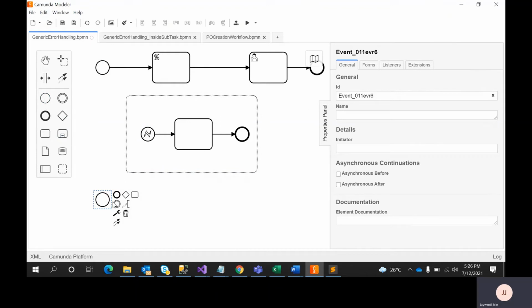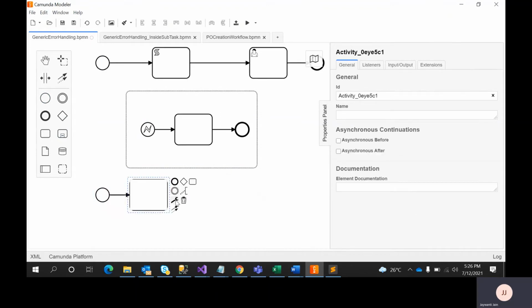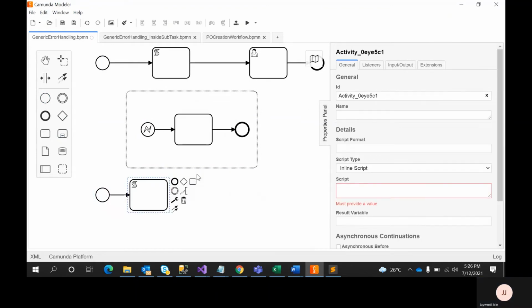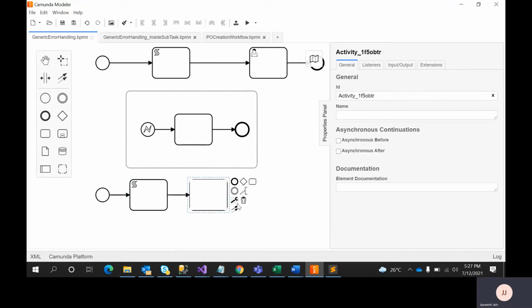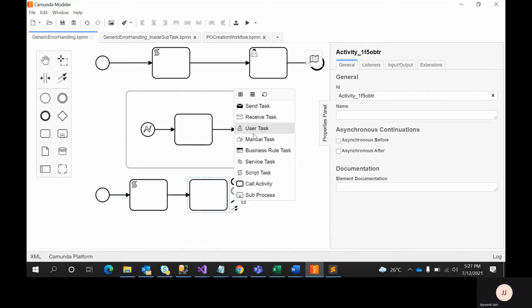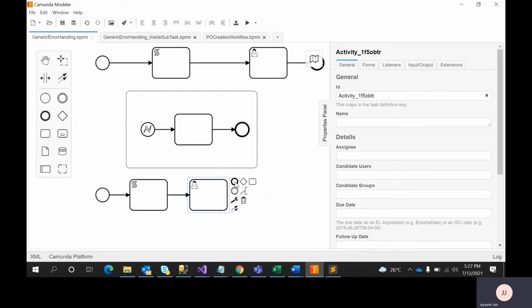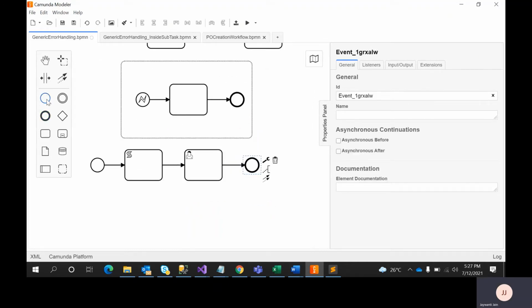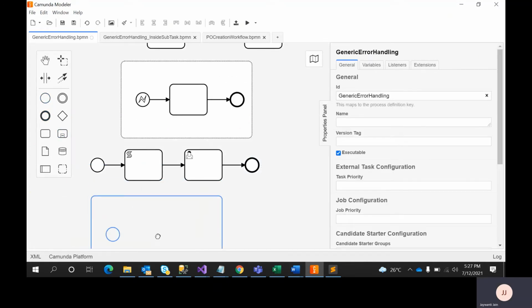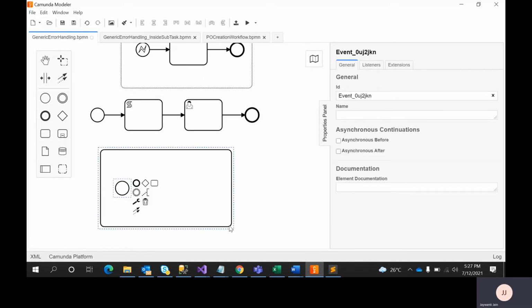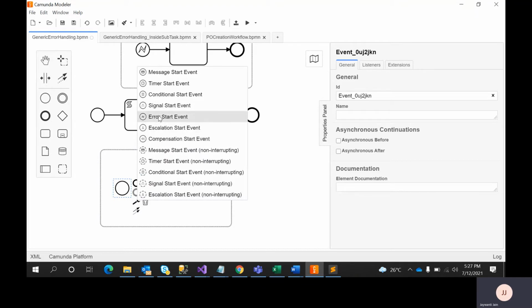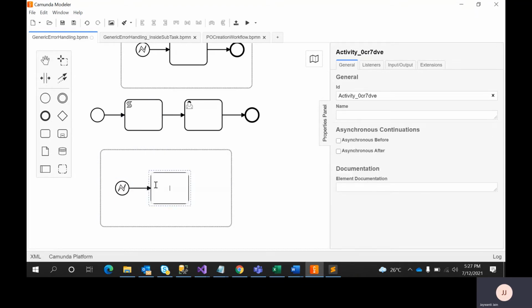Okay, so now I'll show you how we can create this design simply. So this is my task. This is next my script task. This is next user task. And how will I create this? So this is my subtask, and I need to change the type into an event sub process. After that, in the event sub process, I need to mark this as an error start, and then whatever operation I want to perform, I will perform and I'll end.